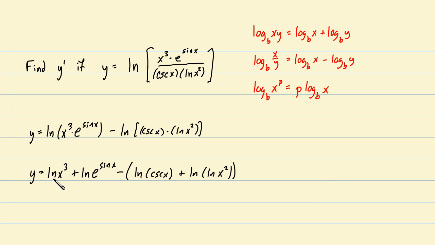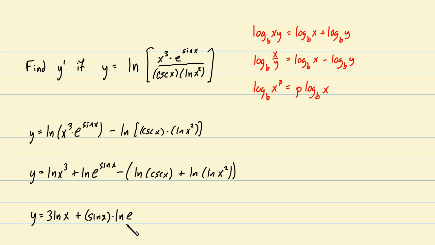Look, this first log is a log of a power. And what can we do with powers? We can bring them outside of the log. Notice we also have a log of a power here. So we should be able to bring this sine of x out in front. And even here we have a log of a power, so we can bring that 2 in front of this log anyways. So making all of those changes, we get 3 ln x plus sine of x times the natural